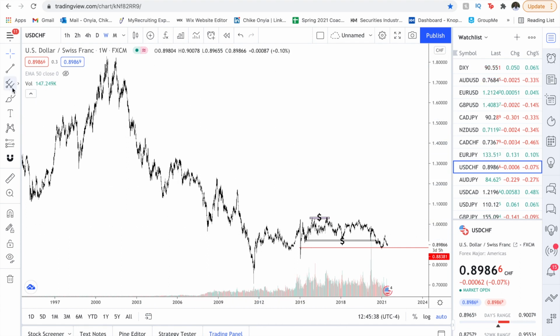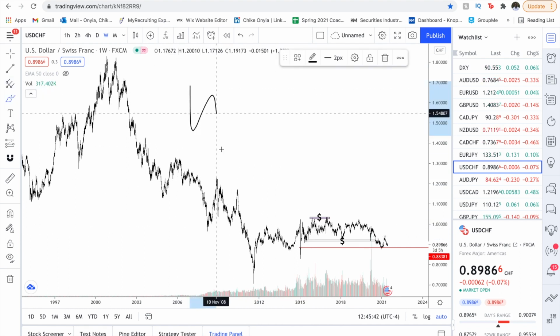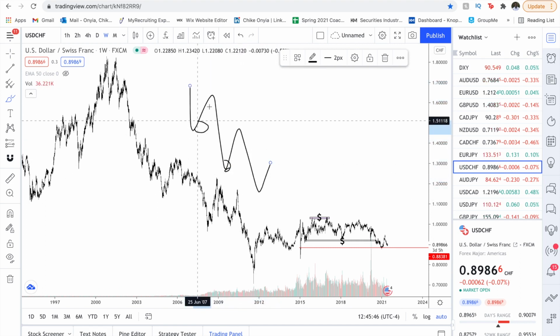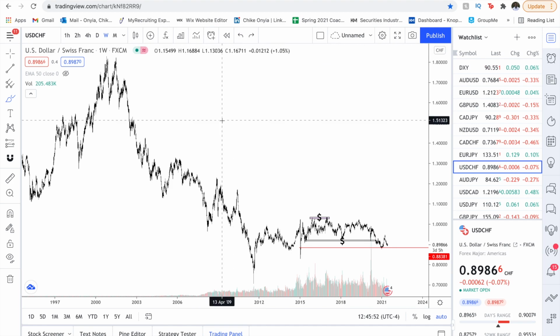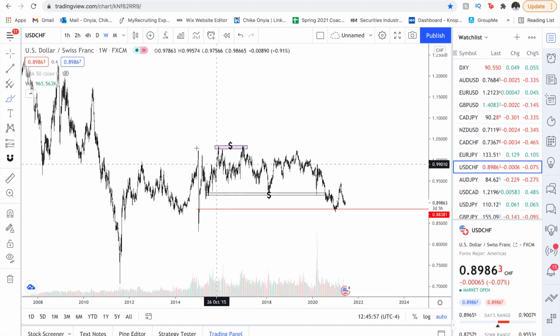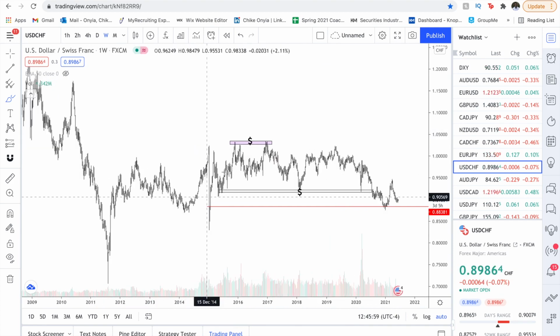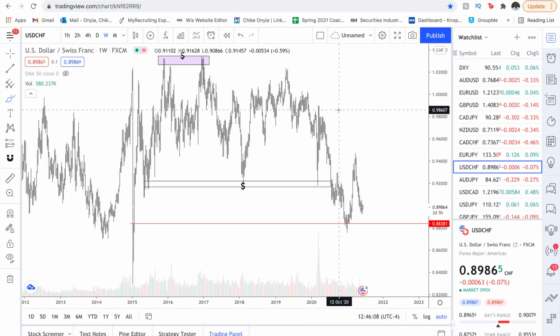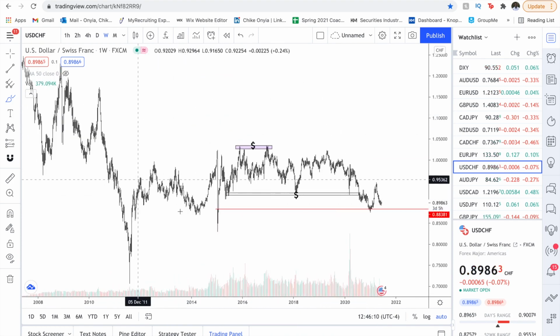Because things go like this, right? So you can still buy at these points, and sell at these points, even in a downward trend, all right? So longer term, we can see that it's been going down. But then recently, the most recent decade, what the hell is this? Really, what the hell is this, bro? This has been going sideways for the past 10 years. So if you ever traded on USDCHF for the past 10 years, you've probably been doing a lot of scalps,